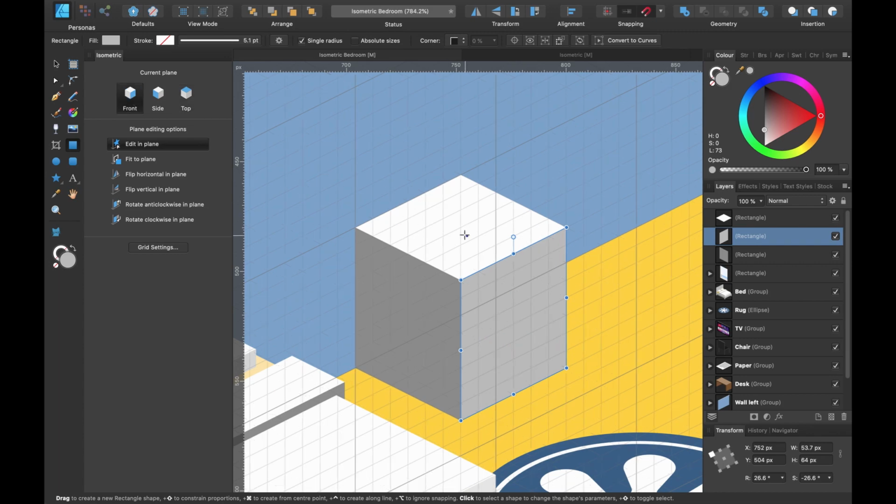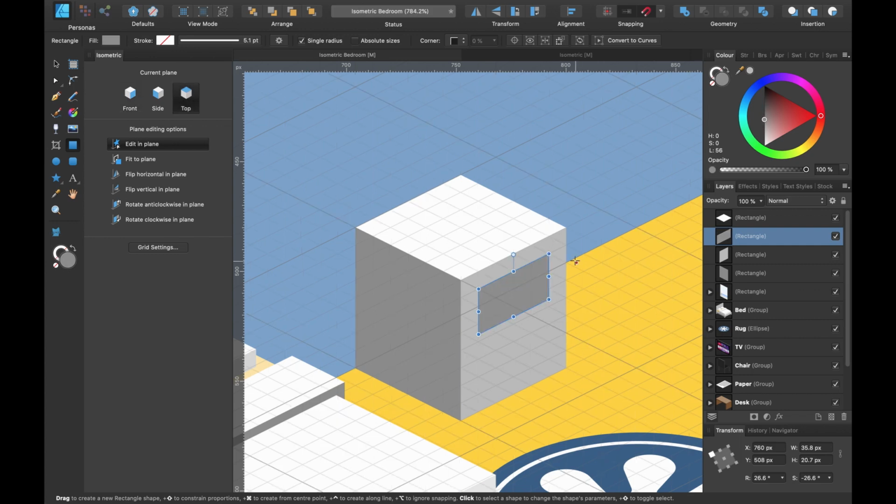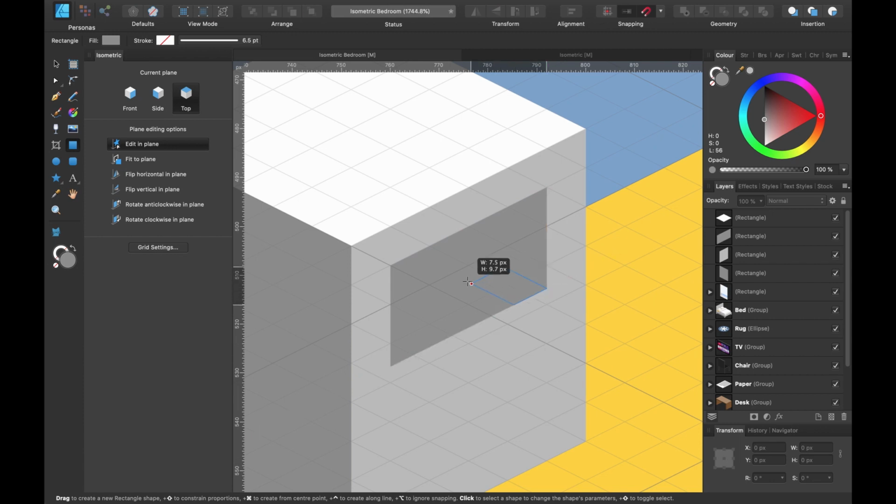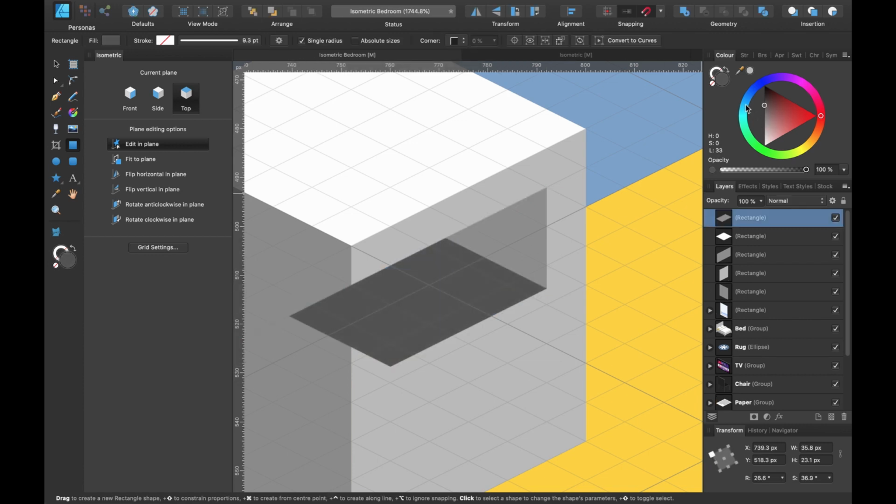So I'll press Front, and I'll select the side like so, and I'll make that slightly darker. Now click Top and press Escape, and we'll select this corner here, and I'll just drag out about here, and I'll make this really dark, and we'll clip this shape inside of this shape here.